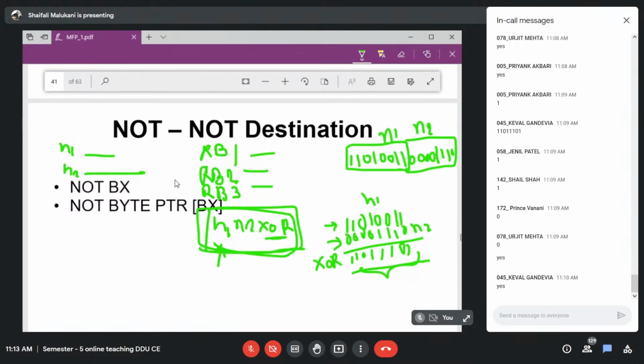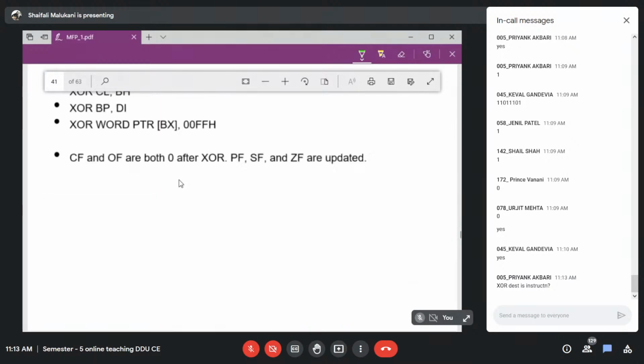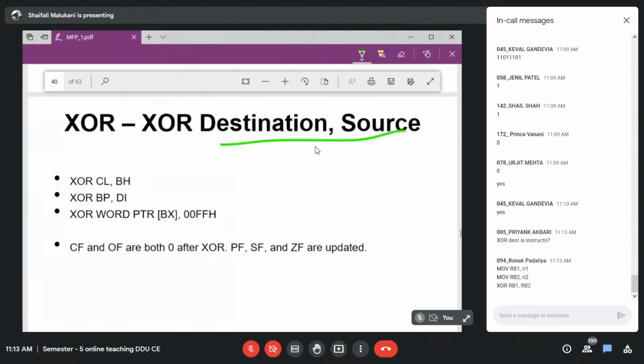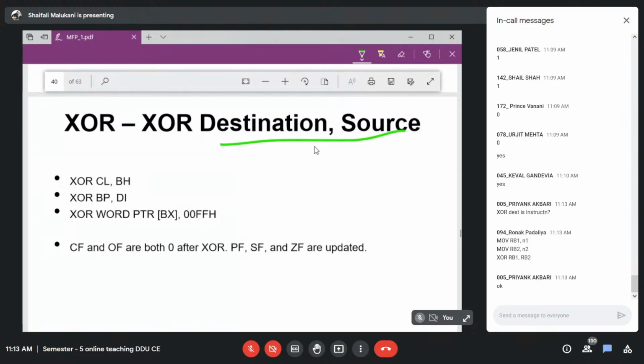No need to verify, just briefly tell me what will be your data segment. The first important thing is the data segment. If anyone has completed the data segment, okay, the XOR instruction is this. Destination and source is needed, no? N1 into,